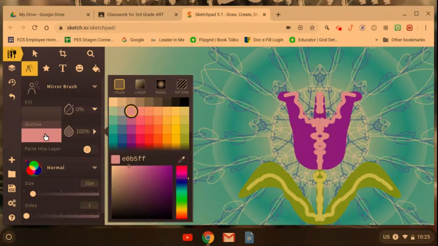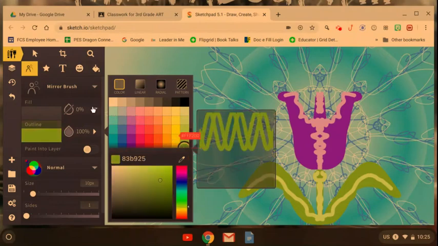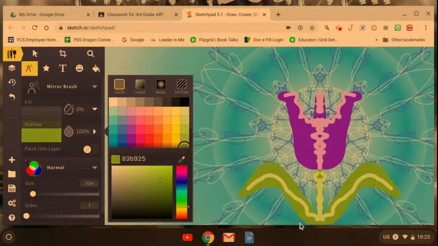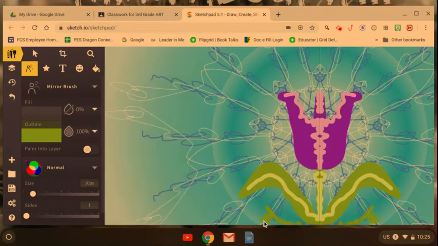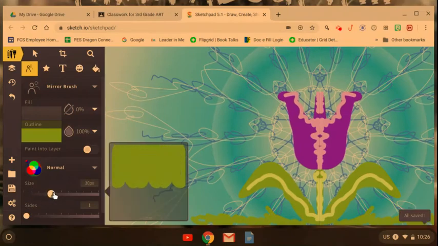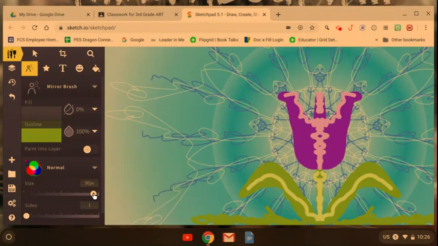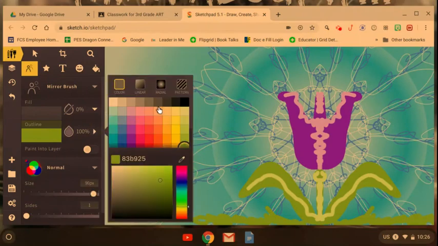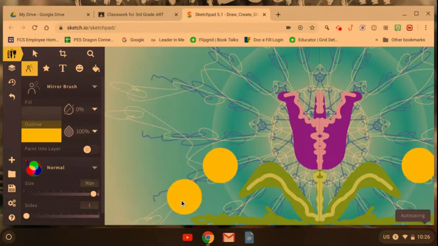If I wanted to add grass to it, I could go in with maybe a darker green. I could add a few little wispy grass. I could even add a few more flowers. Now, another easy way to make a flower is to simply just do dots. So I can take my size larger. It's the largest size. I may go to maybe a yellow. And I could simply put some nice yellow dots